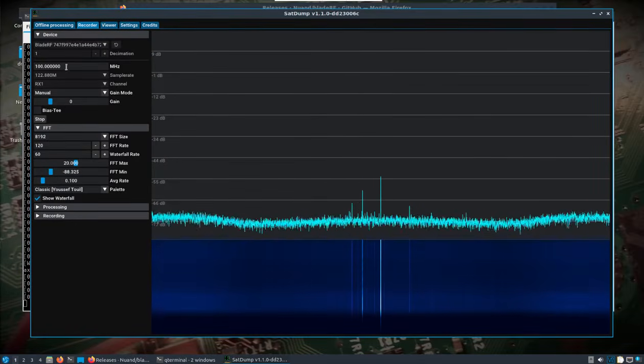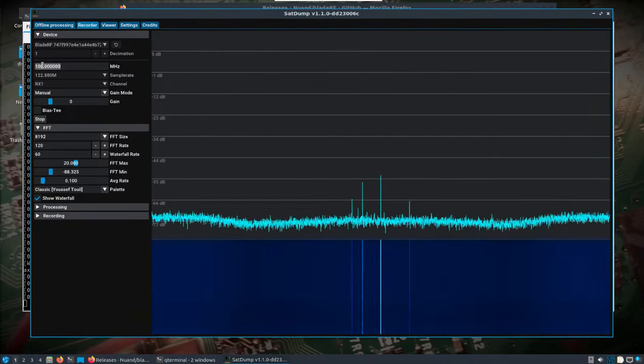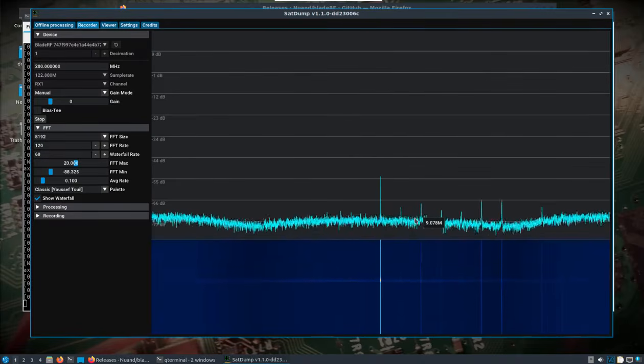Now that's on 100 megahertz, so you know that I'm trying to think either side. I think the BladeRF, the minimum is maybe 70 megahertz. I can't remember, but you can change start and stop. You can see that it is actually using that entire range of 122 meg, like I said. So there's SatDump, GQRX,